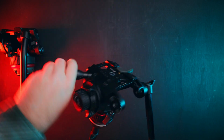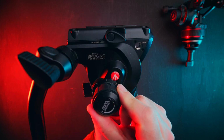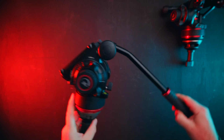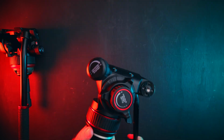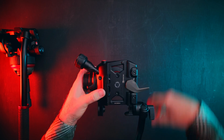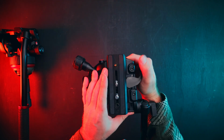The difference between these two systems is that one has 3 stages of strength that will try to bring your head back to level, or you can just disable it, where the other has more of a fine-tuned dial for an exact amount. Or what I use this for very regularly is when filming sports or an event from height, say you're up on scaffolding,